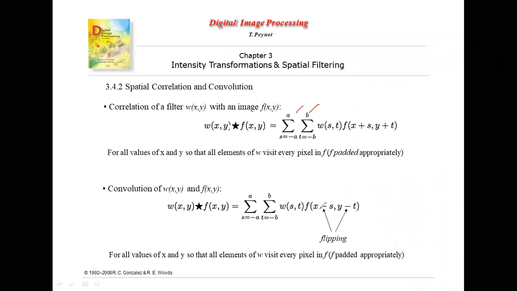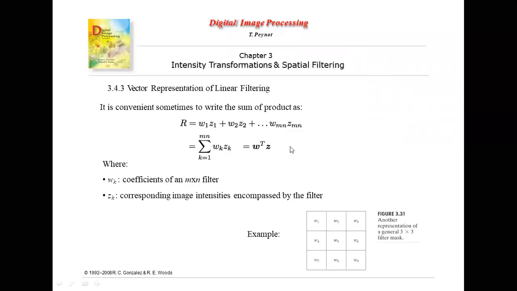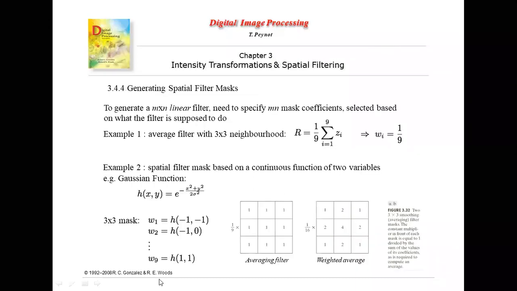Got this particular thing? Got the difference? I hope you got the similarity also. The difference is clear, and the similarity is also clear. Now, shall we go to the types of filters we have? Vector representation, fine. Here you have to somehow represent things also, so the naming, fine. We understand. So what sort of filters do we have?